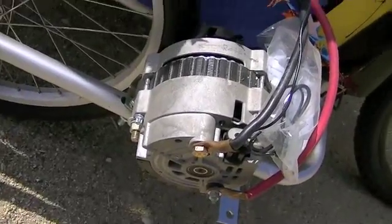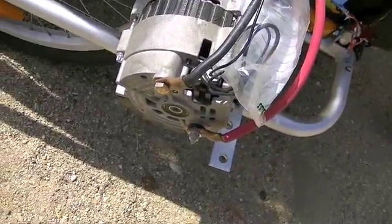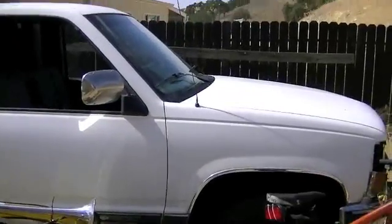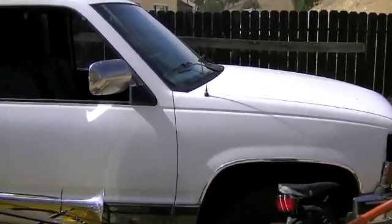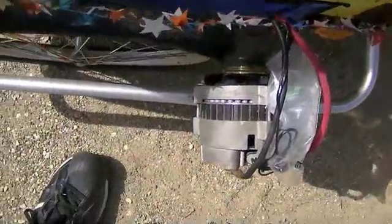I have a Delco Remy style alternator. Not sure what kind. This is an alternator that I got off Rock Auto for about $50. It's an alternator for this type of vehicle here, Chevy truck, 89, 88, with a 350 5.7 liter V8 Chevy engine. I got it to work, and I just found some rubber to put over the pulley, because pulleys get real hot when they spin real fast. And then found some wire and battery cables and just rigged it up to the battery, and I rigged this